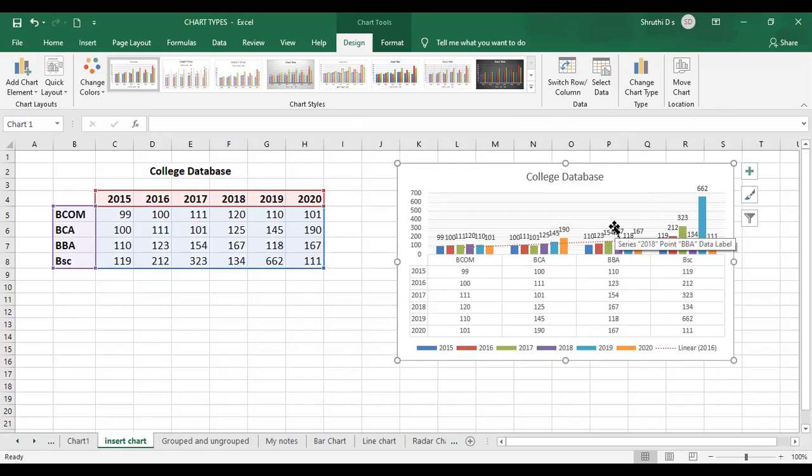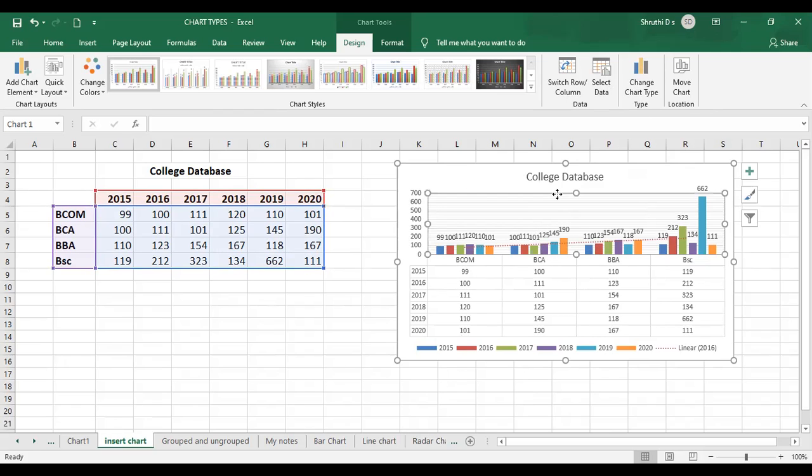So for my complete table, I have applied the chart now. If any changes are needed, if you want to insert or remove some of the rows and some of the columns, say I don't want this 2020 column, the same procedure: select the chart, go to the select data option, and select up to 2019. It will select only those 4 columns, 1, 2, 3, 4, as the chart data.